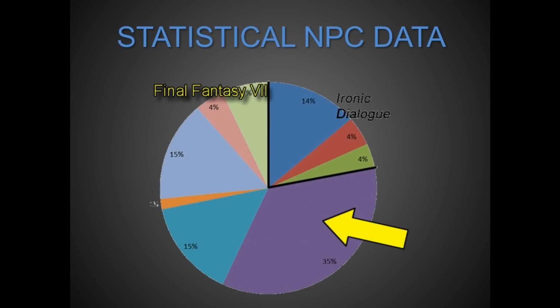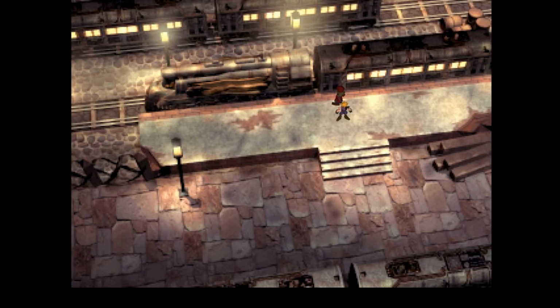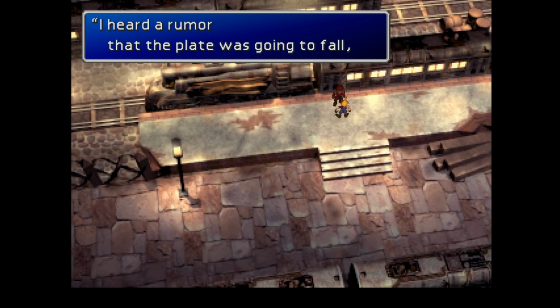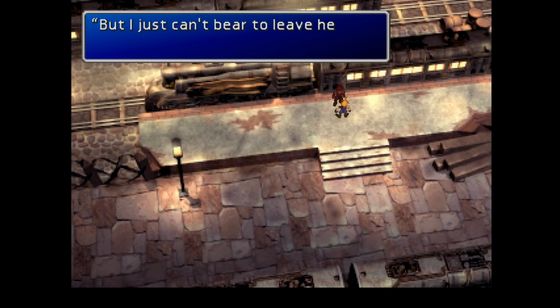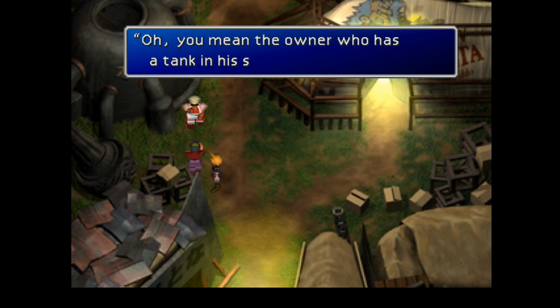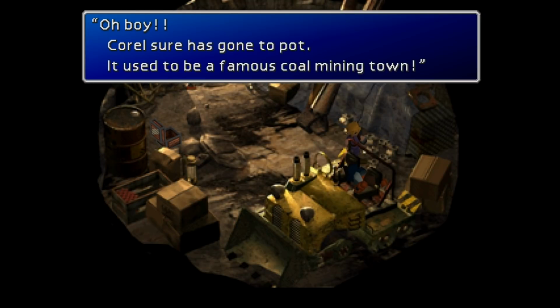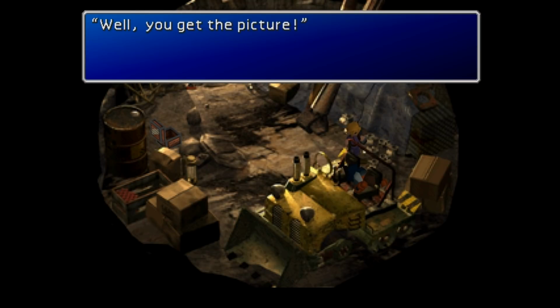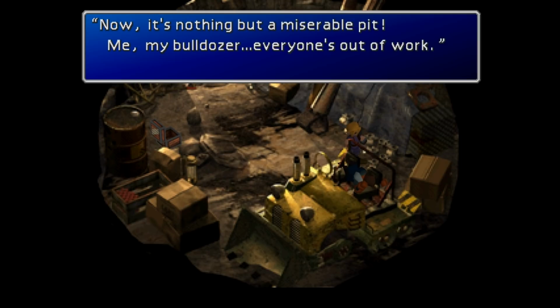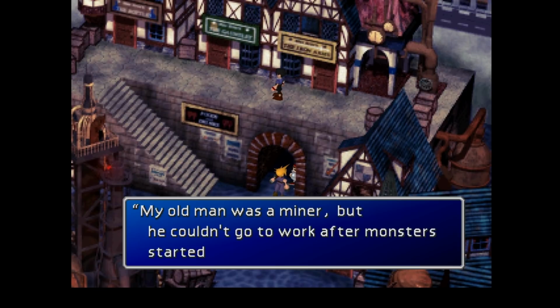Final Fantasy VII has a high number of elaborations about places. A large amount of these come in Midgar, which remains one of the most thoughtfully and lovingly crafted locations in any game ever. NPCs in Midgar give tons of extra details about what life is like there. The rest of the world contains a relatively large number of NPC elaborations about place as well. In one sense, this connects to the main theme of the game, which is all about people who have outlived the world that once defined them.